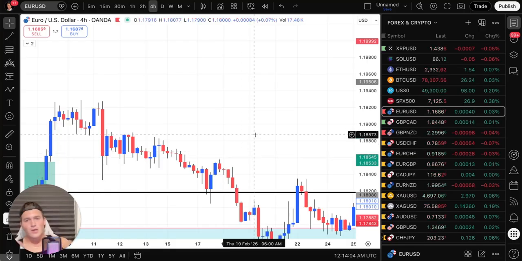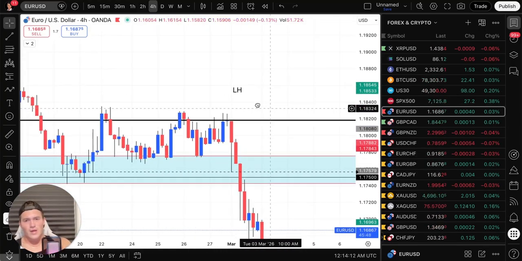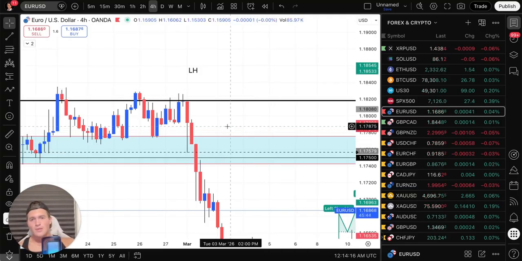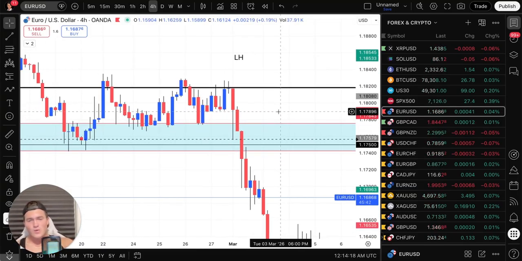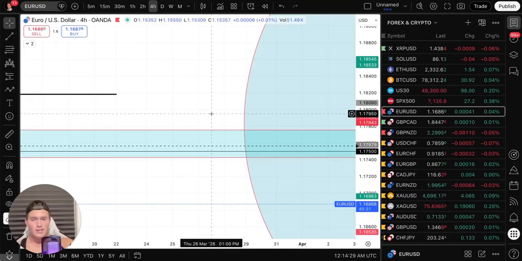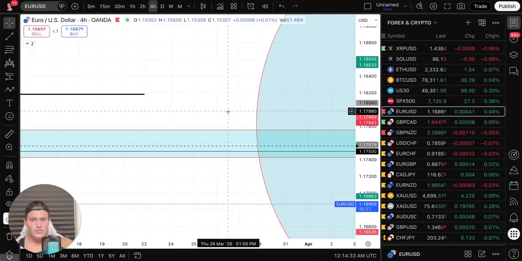And it helps to know a bunch of patterns. I know a bunch of patterns, but I just don't use them. So I have found myself to be very profitable using these patterns because the probability when you see one of these patterns show up is very, very high, especially when it shows up at an area of interest. If you see a head and shoulders pattern at an area of interest, just like we did